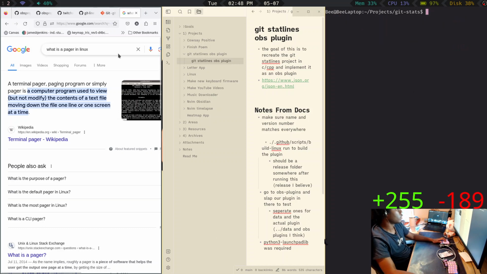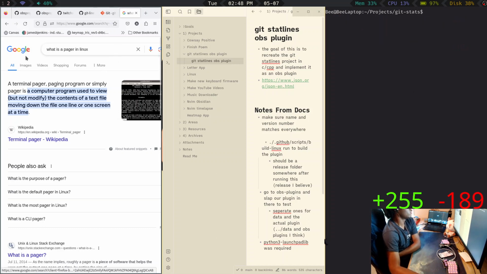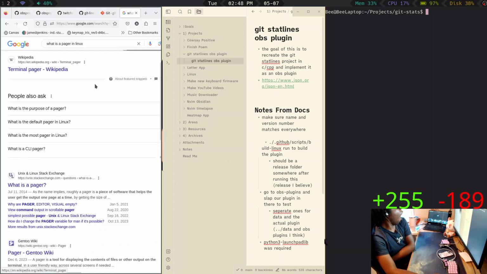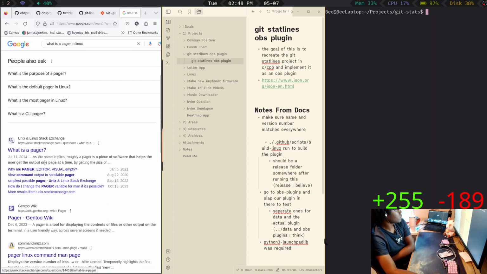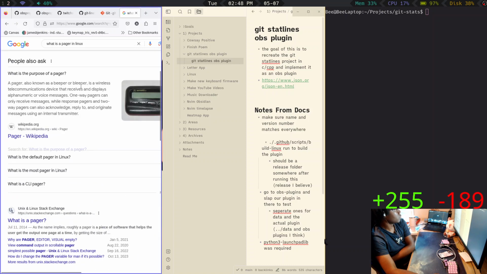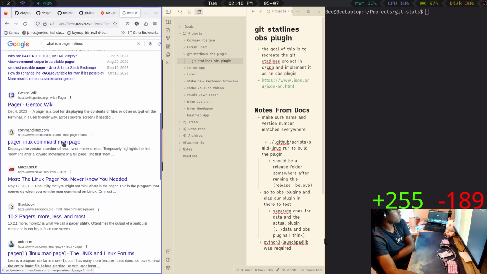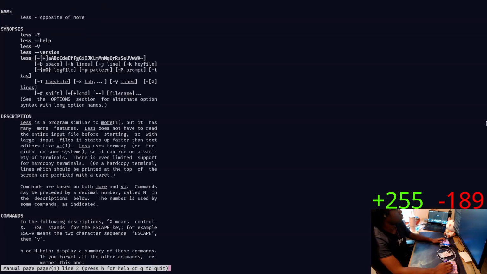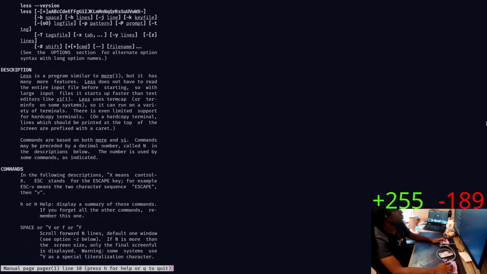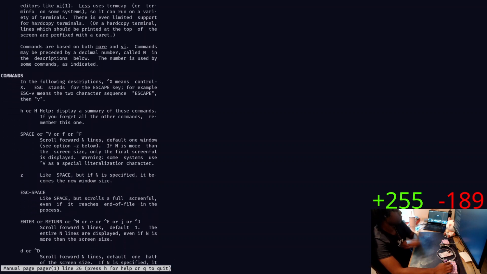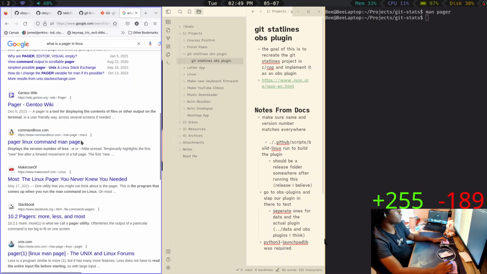A terminal pager is a computer program that is used to view but not modify it. I don't know, man. I'm gonna just leave it without.